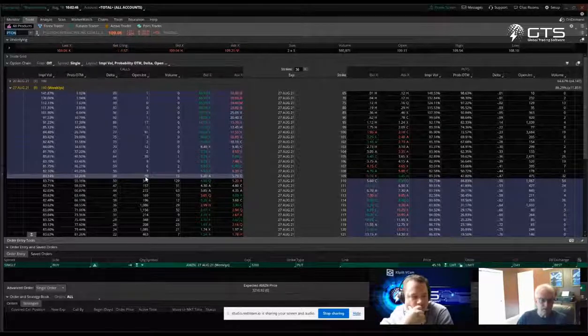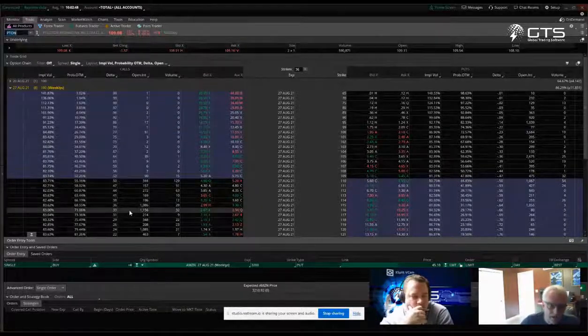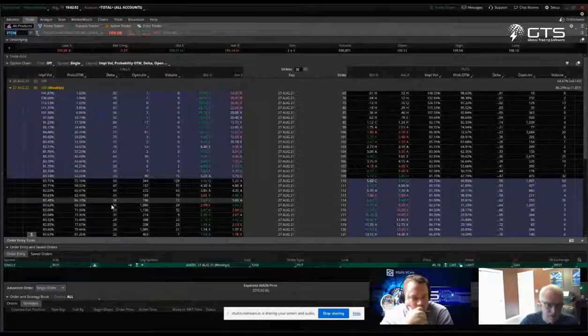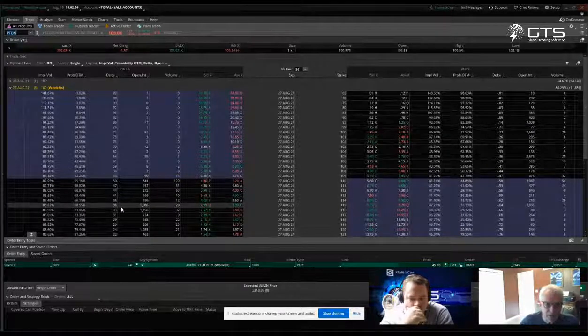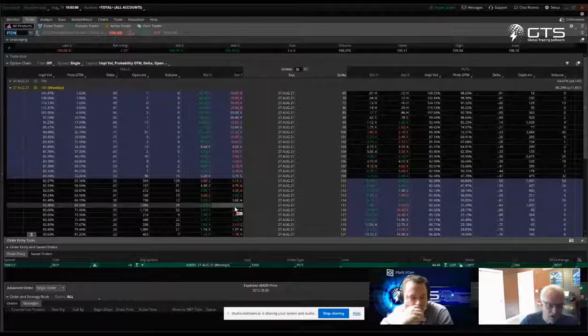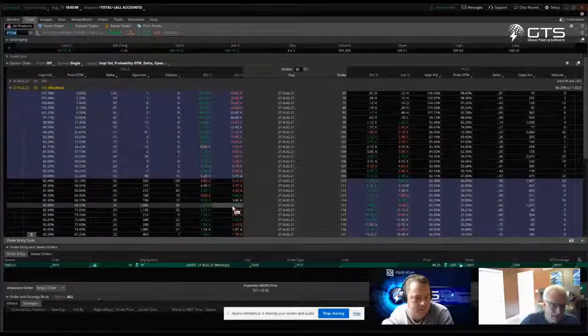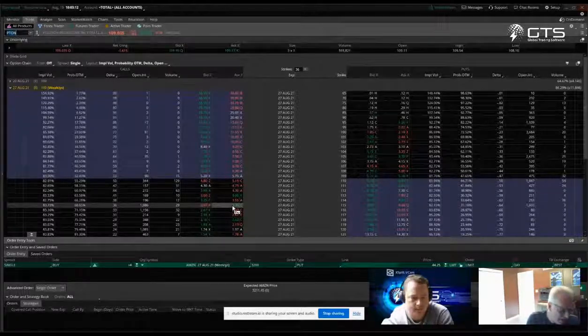That's why you have to be really careful with the open interest and the price, because the lower you drop, that's outside of my delta range. But if that was a 50, it had good open interest, but to equal one Amazon contract, I'd have to trade like 25 of those. So when the options are moving, depending where the theta decay is, you might buy 25, but you might not be able to get out of them.